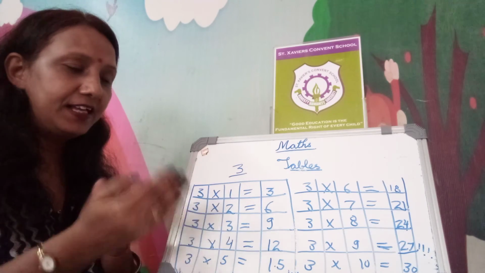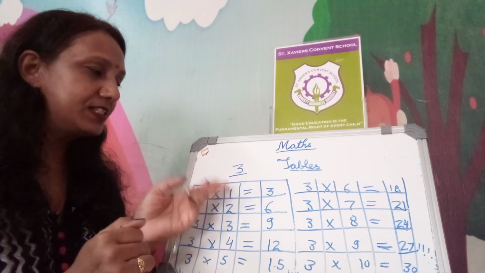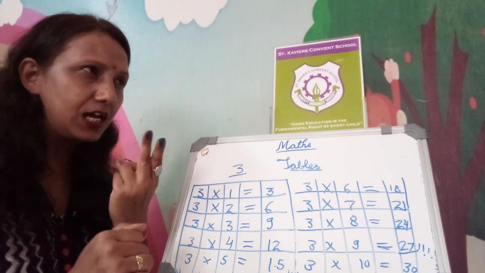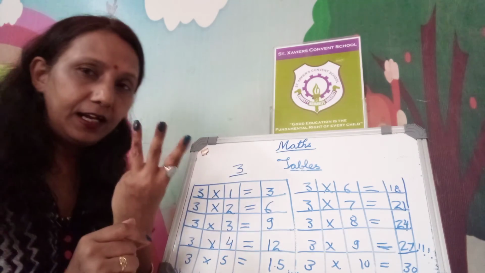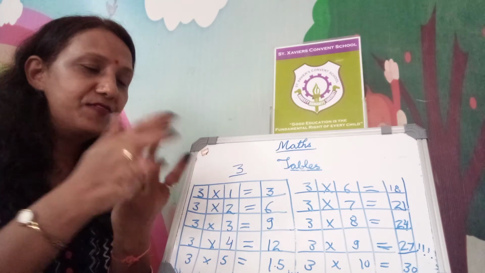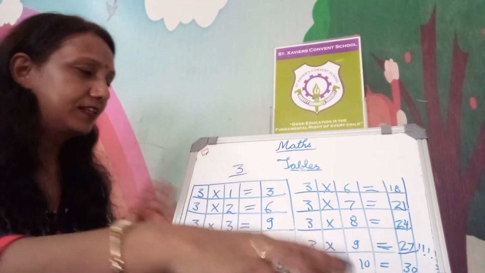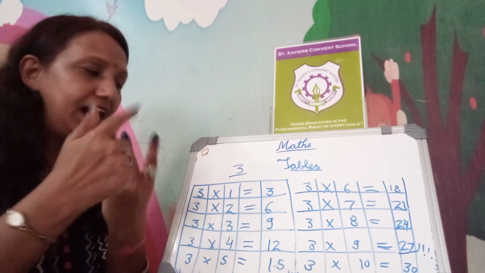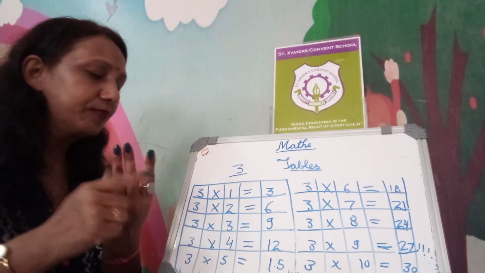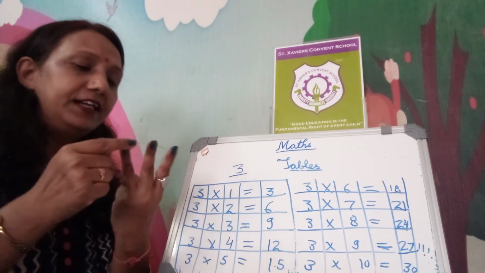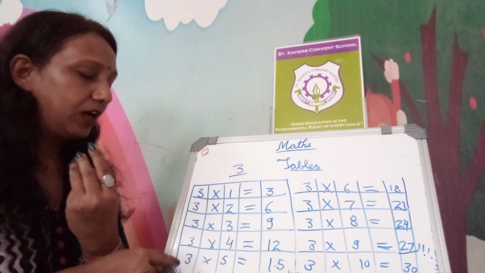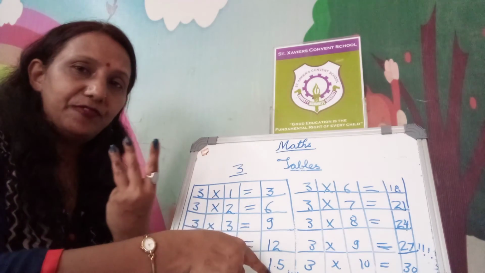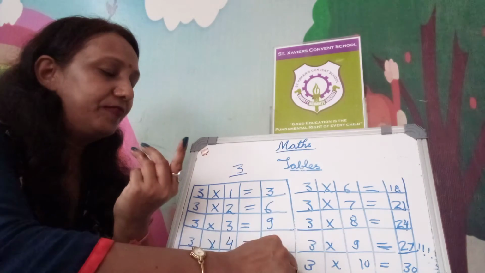The next digit: suppose you have 3 1s are 3. When you are writing and want to know the answer to 3 2s are, after 3 you take 3 more: 4 5 6. 3 lines taken, that will become 6. Similarly 3 3s are 6, 3 more, 7 8 9. 3 3s are 9. Now 3 4s are, take 3 more. 9 10 11 12. 3 4s are 12. Now 3 5s are, after 12, 3 more: 13 14 15. 3 5s are 15. Now 3 6s are, after 15, 3 more.